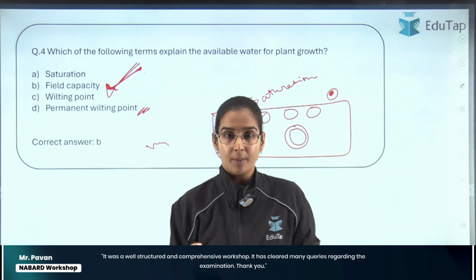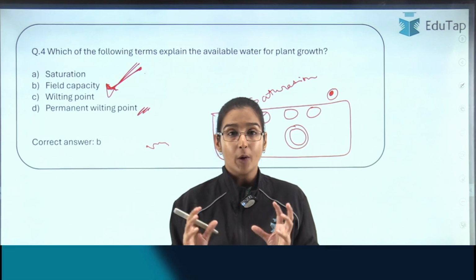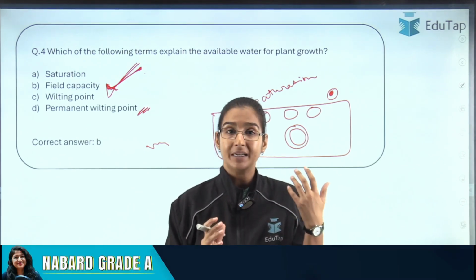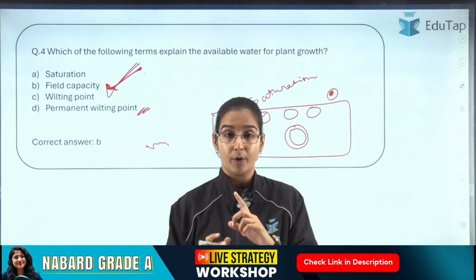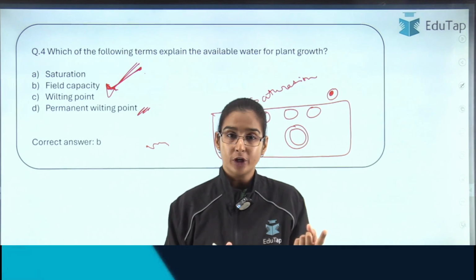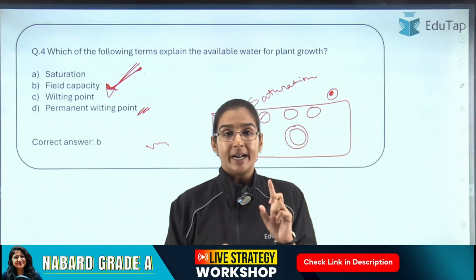That is the wilting point, because here the plant does not have any water, the soil does not have any water for the plant's uptake, right? And the plant starts drooping. So that is the wilting point. However, if you supply water to the plant in such a scenario, it can recover, right? Okay, so that is the wilting point.